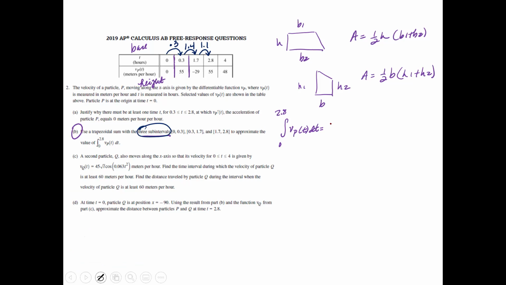Okay, so then looking at this right here, 1/2 is going to be for all of these values here. So let's take a look at the first trapezoid. Trapezoid 1 is going to be 1/2, which I have right here, and you're going to have base, which is 0.3 times height 1 plus height 2. Now your first height is going to be